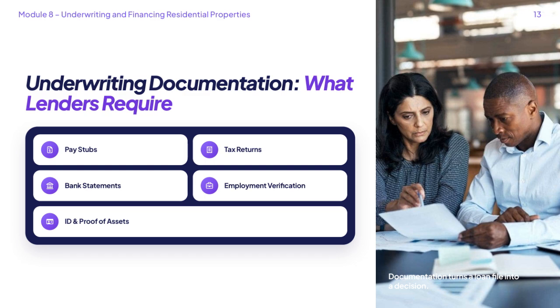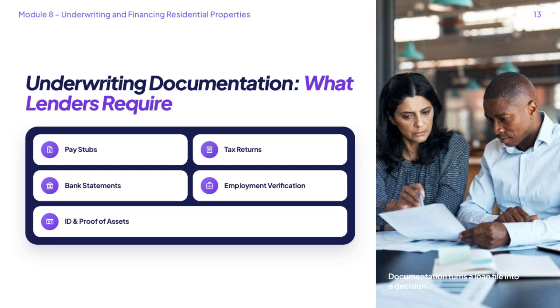Employment verification is another key element, confirming that you have a steady job and income. Lastly, lenders will want to see valid identification and proof of assets, such as savings or investments, to ensure you have the resources for down payments and closing costs. All these documents together give lenders the confidence to make an informed decision about your loan application. This is a critical part of underwriting and financing residential properties, and understanding these requirements will help you navigate the